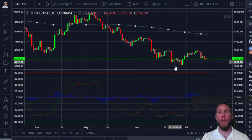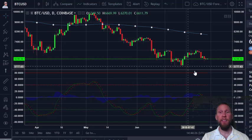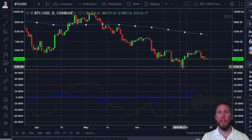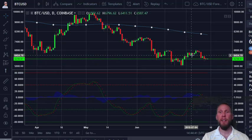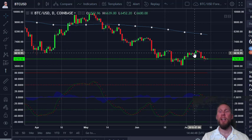There was a long wick, meaning that there is a support line here. It's an invisible support line, but you'll see that the wicks of the candles line up with that support line. So we can see there is a support at $5,790. So then the price bounced off that support line and went up, but the bulls, the people that want the price higher,